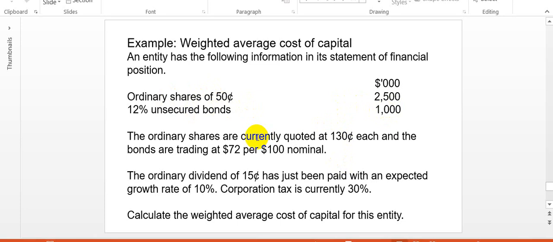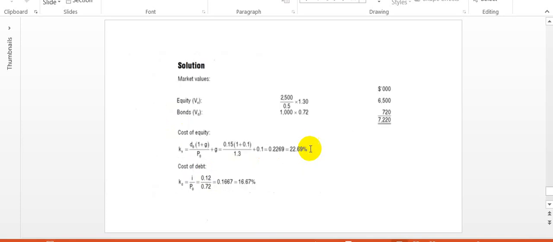So the ordinary shares are currently quoted at 130 cents, while the nominal value is 50 cents, and the book value is 2.5, whereas the bonds, the book value is 1,000, but they're trading at $72 per 100 nominal. So changing this to market values,